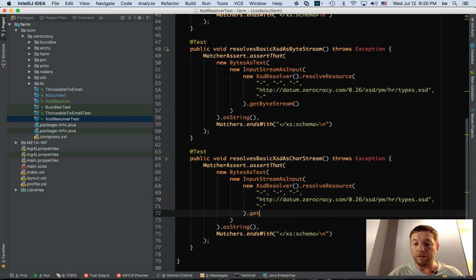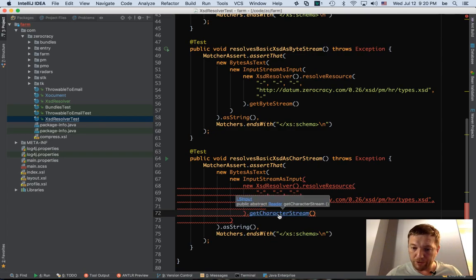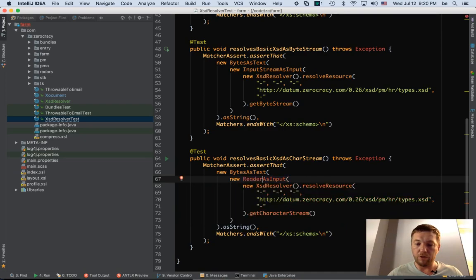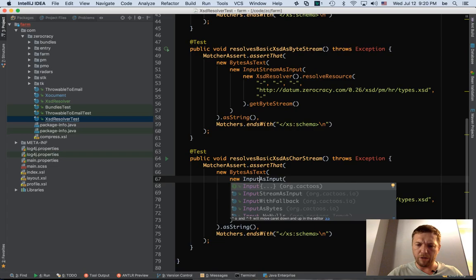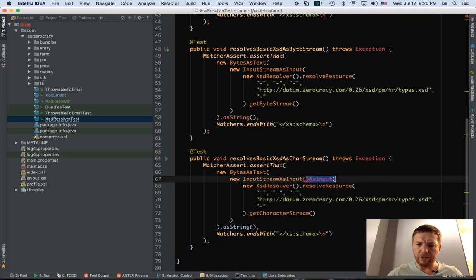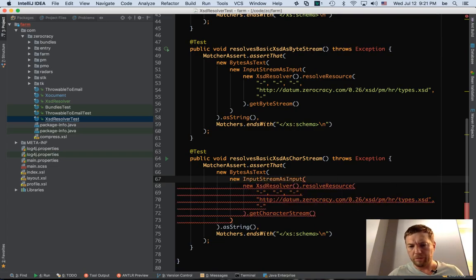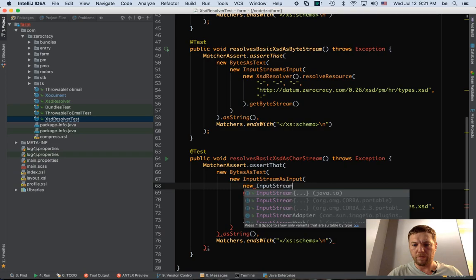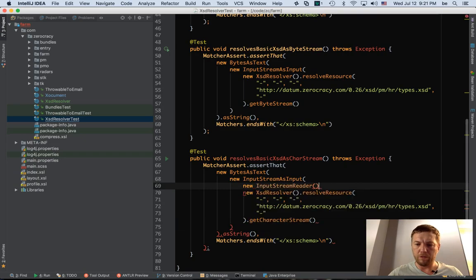This one returns the reader. So I think reader as input stream, no. How can we convert a reader to the input stream? I guess maybe this one.